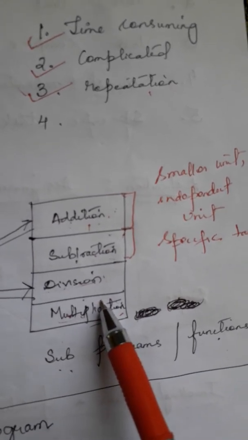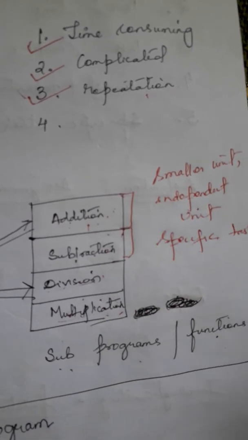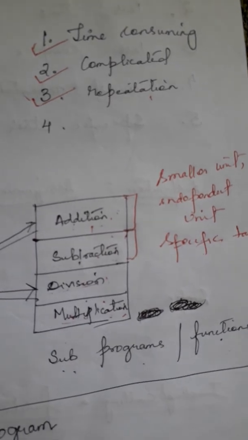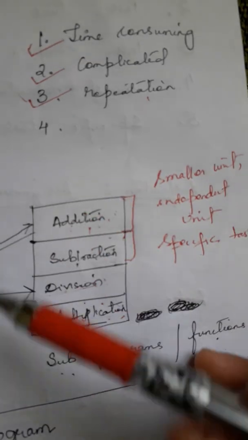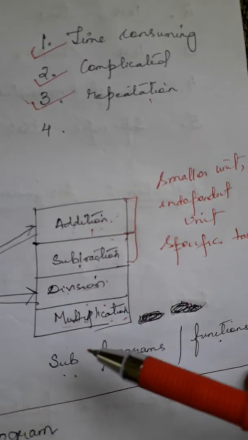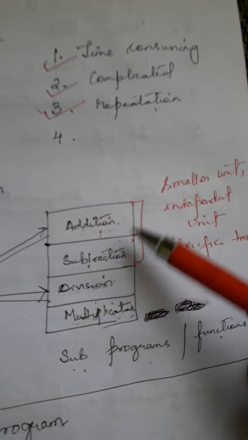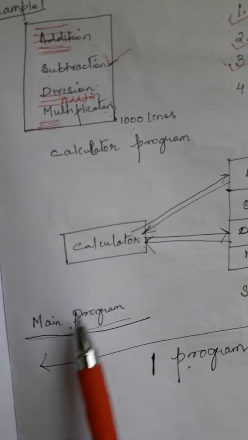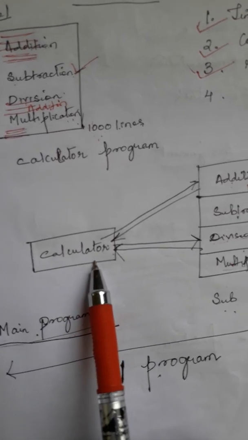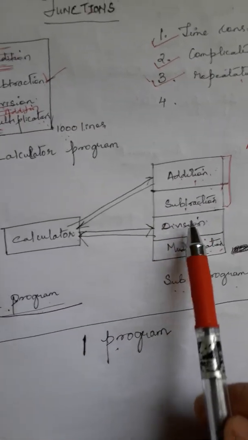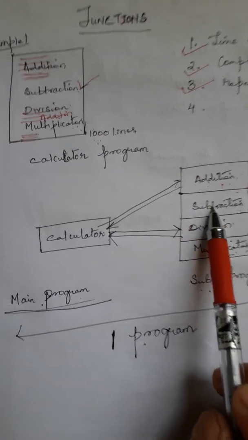Now since they are independent units, we have to find some means to connect them with each other. We have to wrap them inside the same software. Now this software that we'll be writing, we will call the calculator software. This calculator acts as what we call the main program. This is the one that will actually connect all the sub functions here, the addition, the subtraction, the division, and